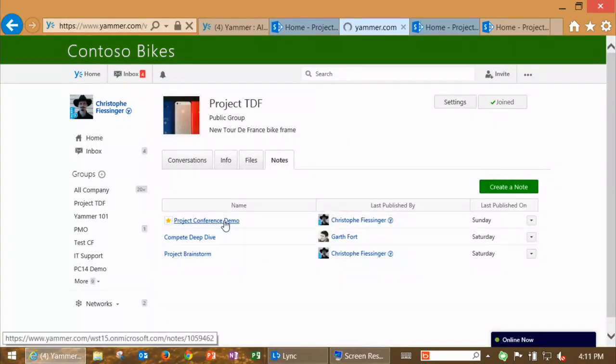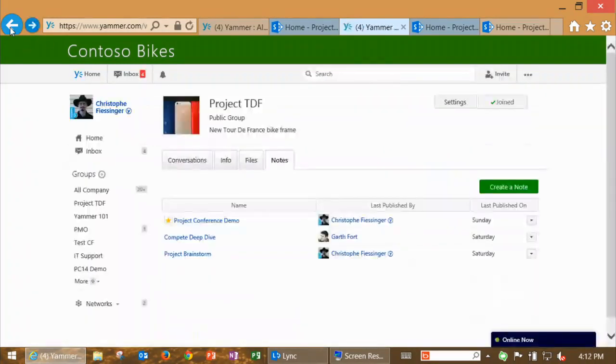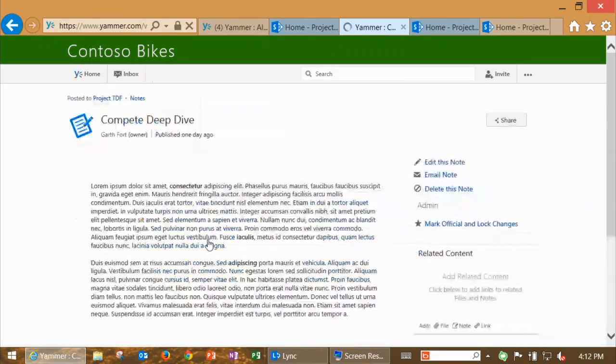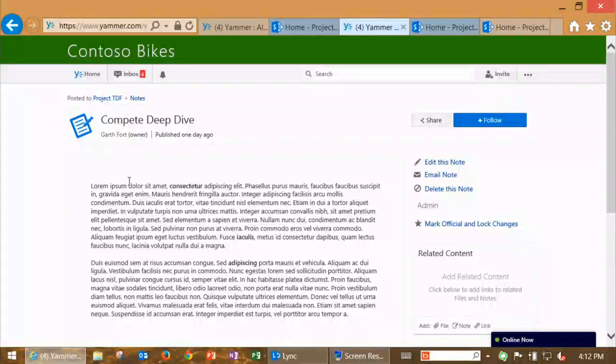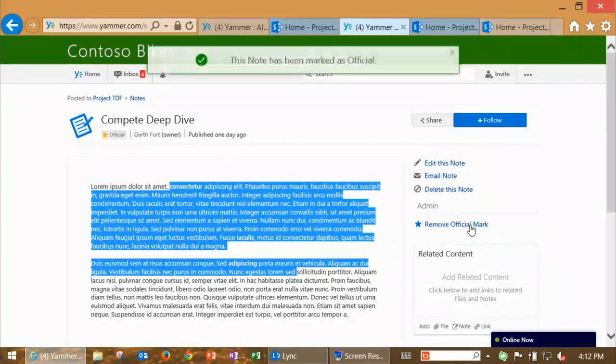And here we get the script of our conference demo. Actually, let me step back. I put some documents in here and a demo. Yammer has this very easy mechanism to force things to be an official record or official piece of knowledge. Yammer has the ability to mark something as official, and marking something as official is as easy as one click. So here I get just lorem ipsum text, so I won't bother reading. But with one click, I can just flag that item.